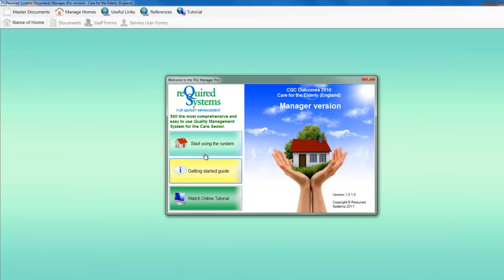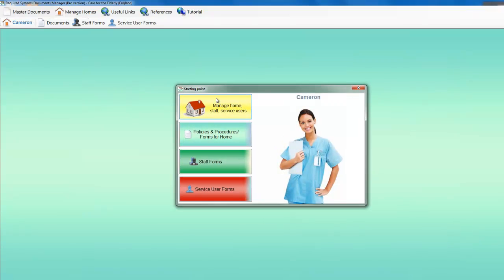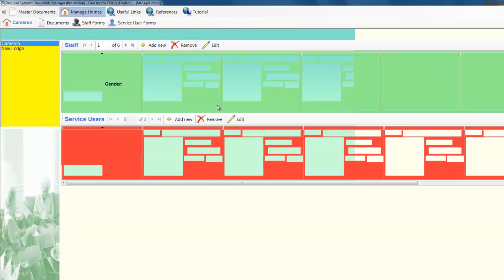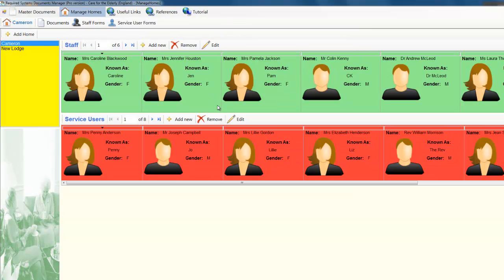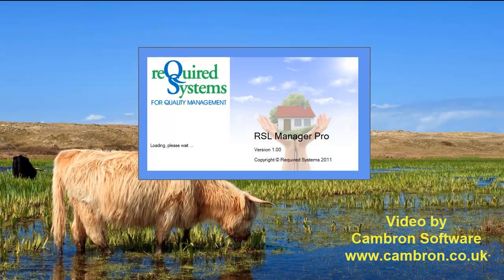As a multi-user version I can start using the program, and I've got two homes in this one called Cameron, one called New Lodge. I click on Cameron and select that, manage the home, and there we have all the details for that particular home. So that's how you'd set up a multi-user version of the